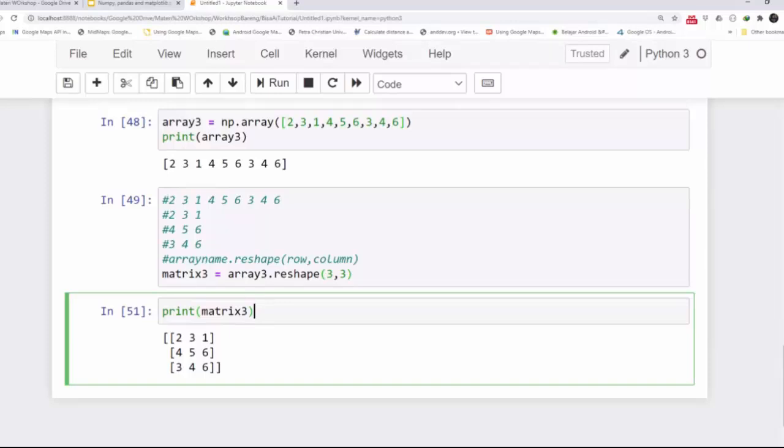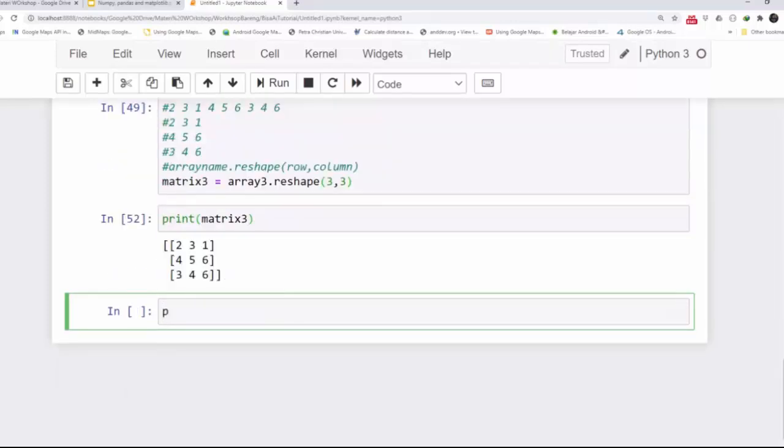So I want to print the add matrix. Print np.add, the matrices that you want to add here. So we got matrix 2 and matrix 3. So okay, let's try this one. So the output will be